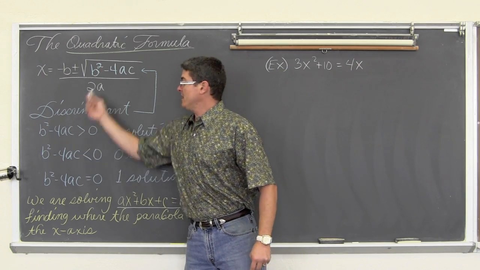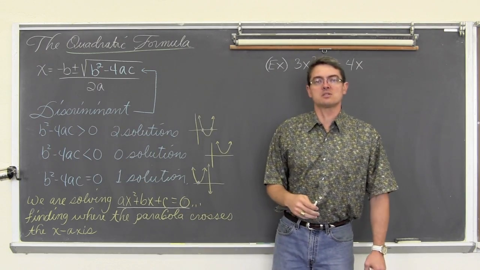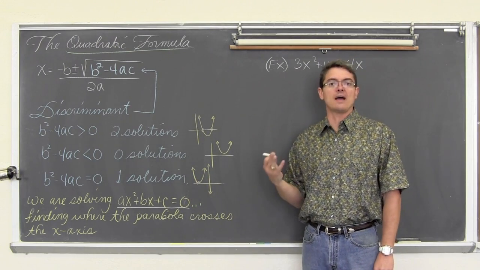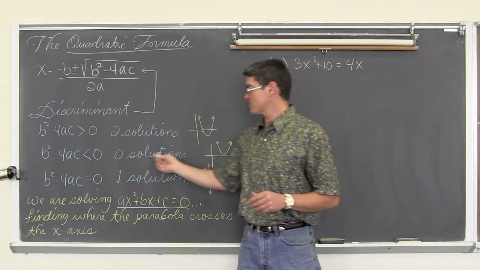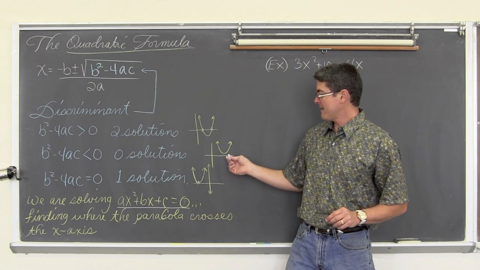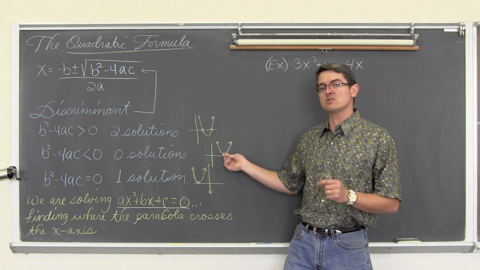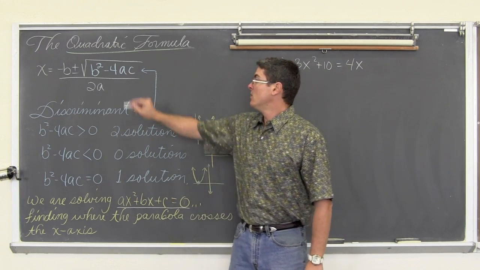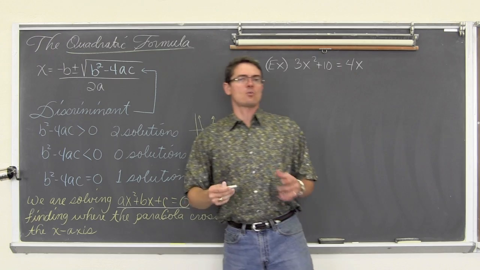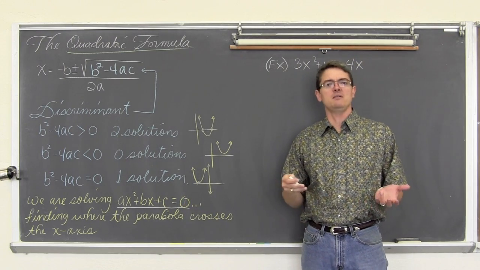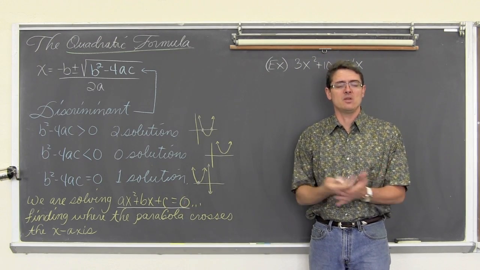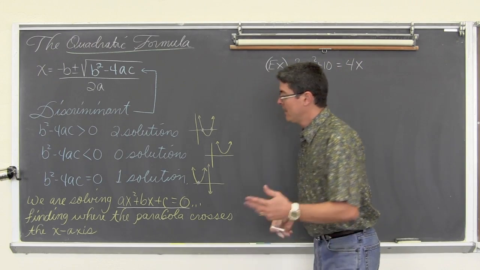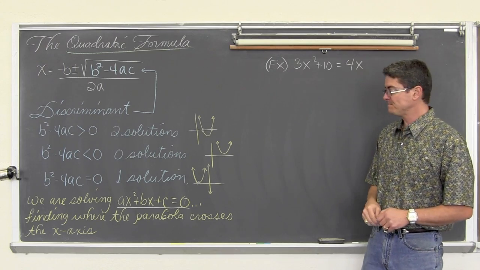If the value inside the square root symbol is negative, unless you're learning about imaginary solutions or values, there is no solution, or there's certainly no real solution. That means that the parabola does not cross or touch the x-axis. And then finally, if the discriminant is equal to 0, the square root of 0 is 0. Now you could say, positive and negative 0, but when you add 0, nothing happens anyway. So what difference does it make if you're adding it or subtracting it? And you only get, therefore, 1 solution.